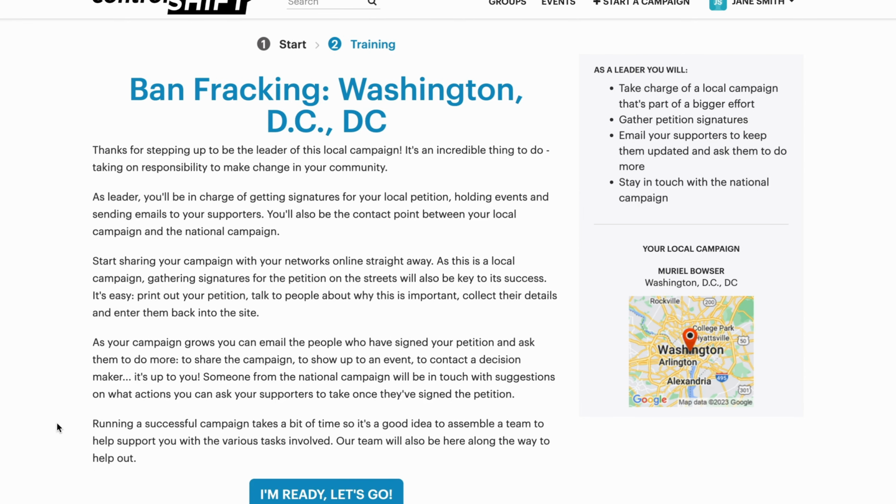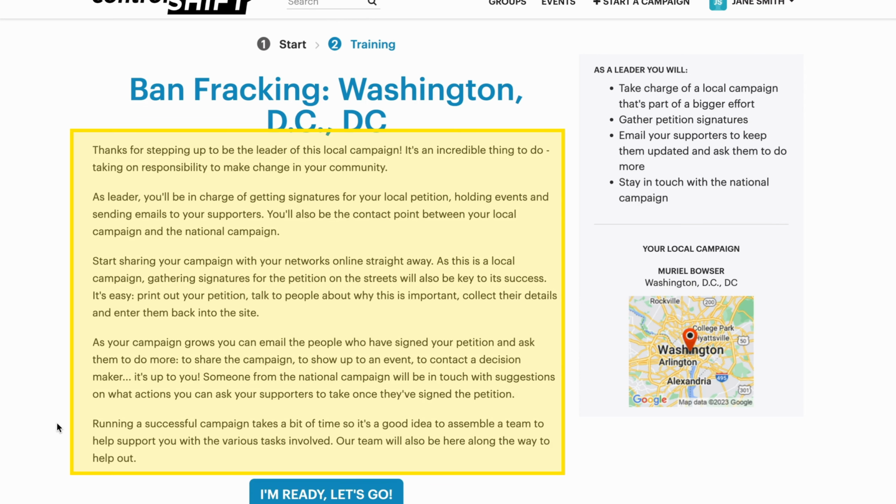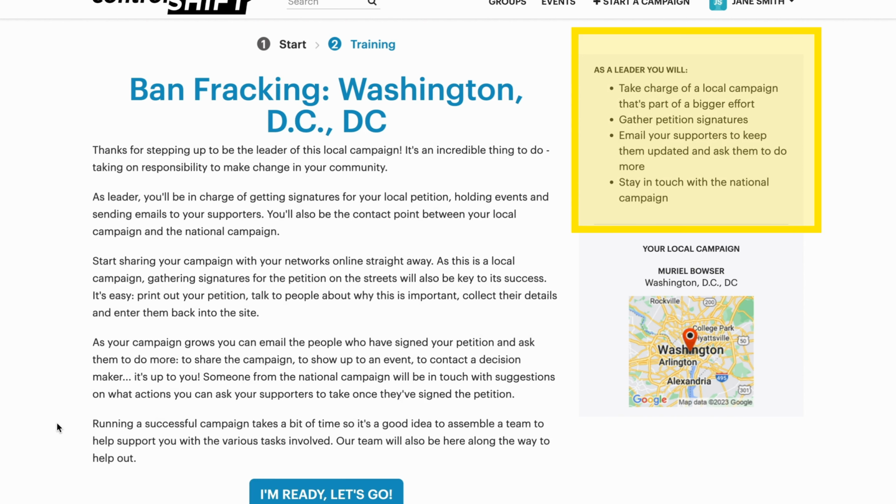This is a very powerful page where admins can set specific expectations for petition leaders, provide them with additional context about how they fit into this national or international effort, and potentially provide them with additional resources that they can use if they have questions or if they get stuck. It's important to know that the main content of this page is visible to the petition creator after they leave this recruitment flow. The information in the sidebar is only visible at this time. Once I move beyond this page, I won't be able to look back on the sidebar information.